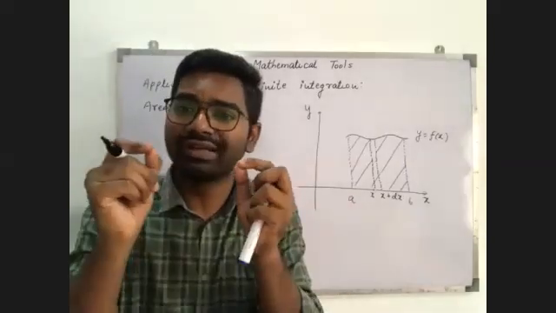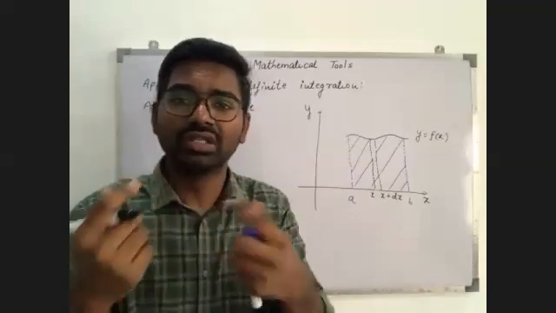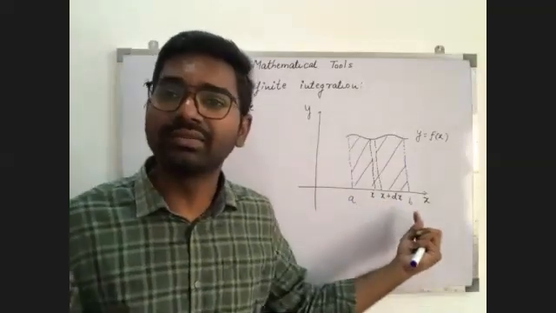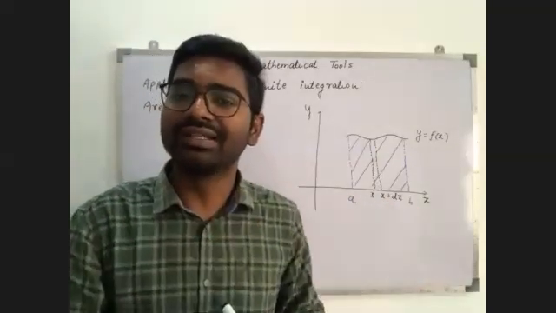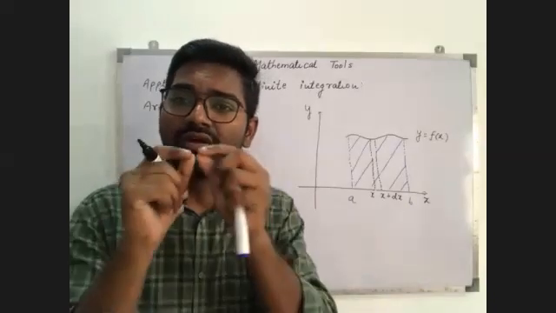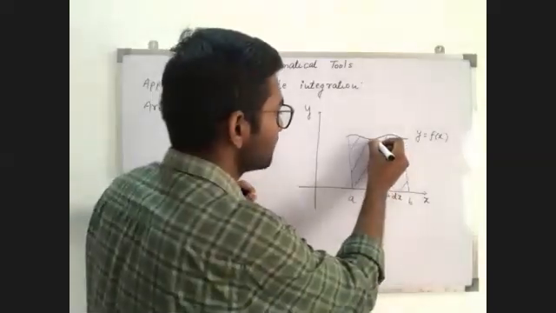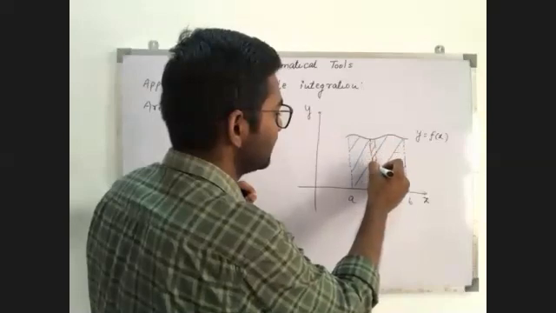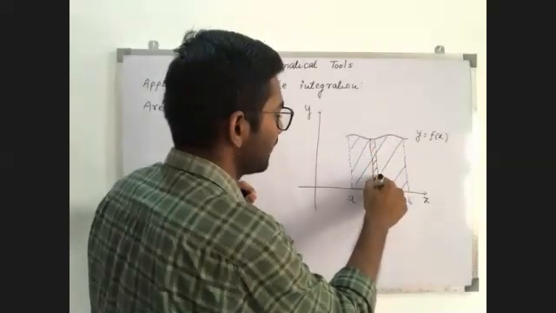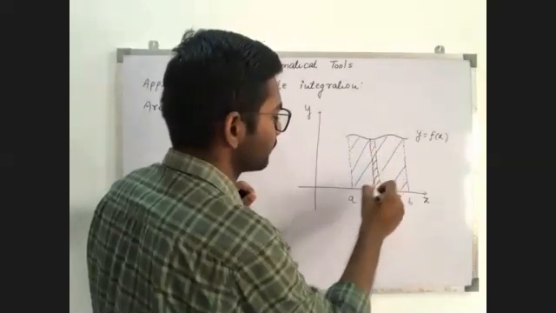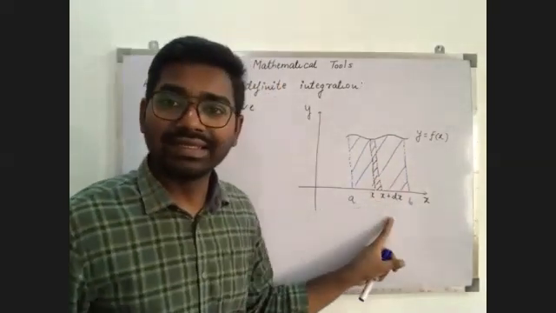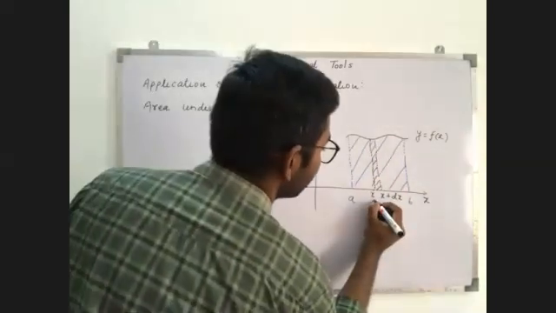Is it clear to everyone? x and x plus dx are very near. I have drawn it at a little larger distance so you can see properly, but it is very near. So x to x plus dx, this is the area. And how much is the area? So can I say that area is going to be nothing but, if you look, the difference is dx.